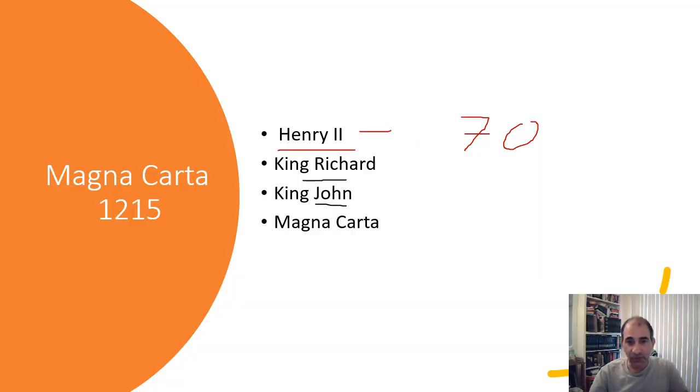And Richard first comes into power in the late 1100s. When Richard comes into power, he's very famous. We'll talk about him more in the next lecture. He's involved in the Crusades. This is the famous Richard the Lion-Hearted. Problem is he basically bankrupts England fighting the Crusades. He dies, and when he dies, coming back from the Crusades, he's going to be replaced by